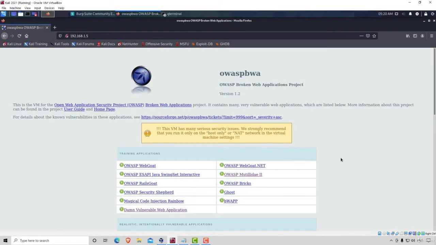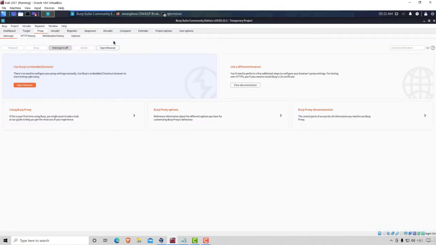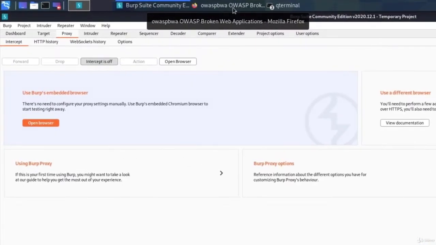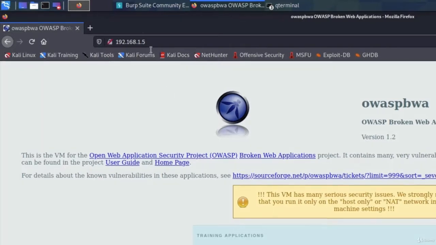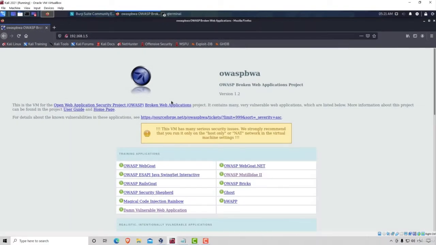Okay, let's try and solve some command injection challenges on our OWASP virtual machine. So what you want to do is make sure everything is started. Burp Suite is started even though we're not going to use it, but we need it just in case. Maybe we are going to need it, maybe we are not, we don't really know that. Also, besides Burp Suite, open your OWASP virtual machine, and once you have all that ready, we want to navigate